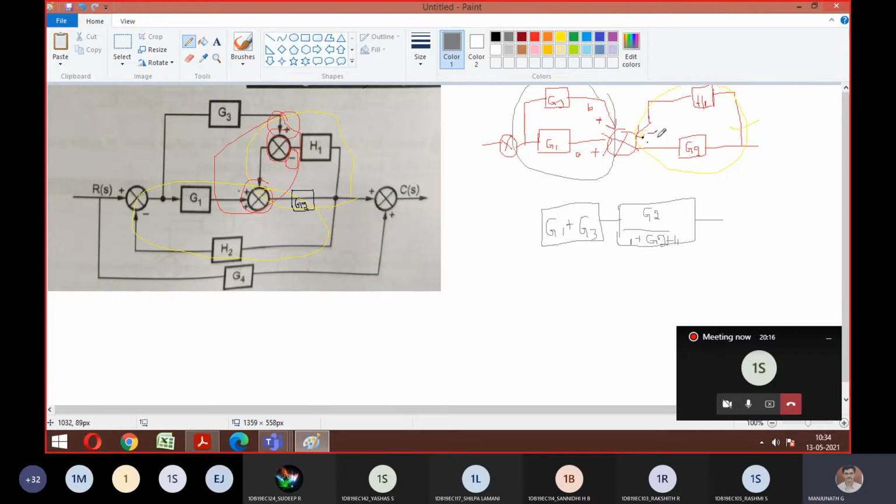Similarly, I have one more possibility. I can make this also plus, and I can multiply by minus 1. That possibility is also there. That time what is the change you can make? G2 by 1 minus G2H2. Then also it will become minus of minus, plus only. Observe carefully and tell me, is it same? If I take minus here, the formula becomes G2 divided by 1 minus G2 into minus H1. Is it same answer or not? Same, sir.